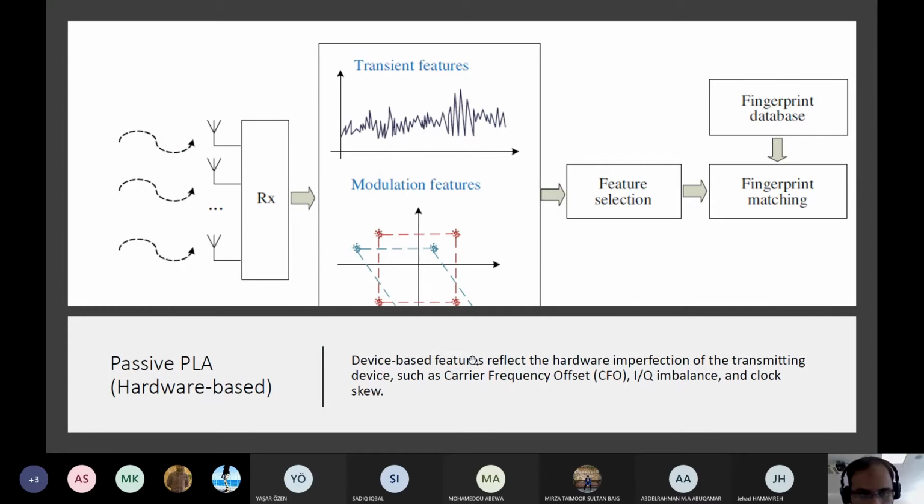I also wrote that device-based features reflect the hardware imperfection of the transmitting device. The receiver will know which device is transmitting, because during training the receiver makes the database, and now during transmission it again extracts the features and compares. The features can be carrier frequency offset, IQ imbalance, clock skew.